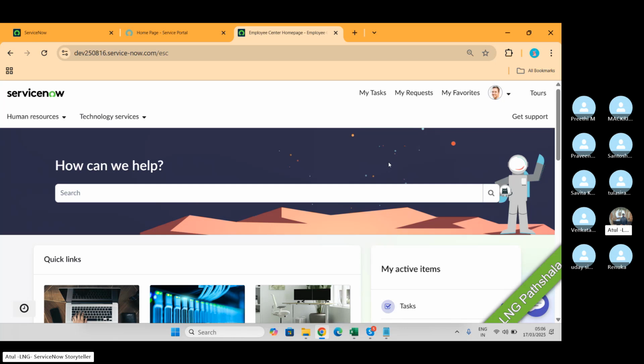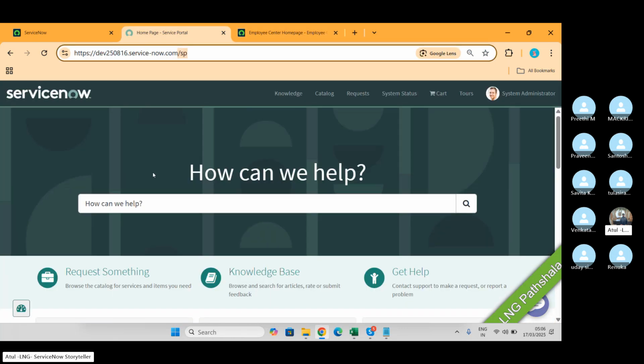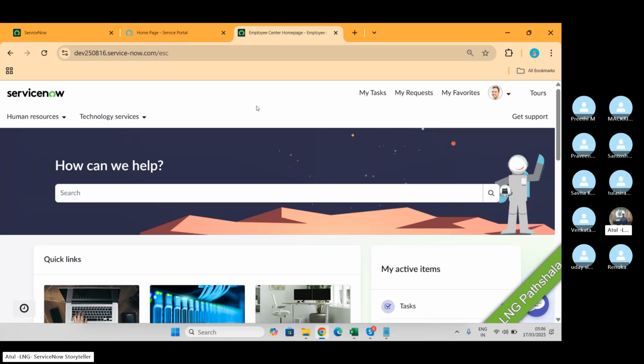Because the service portal and this ECS portal are totally different. The concept of designing, the concept of build, the concept of items are totally different.